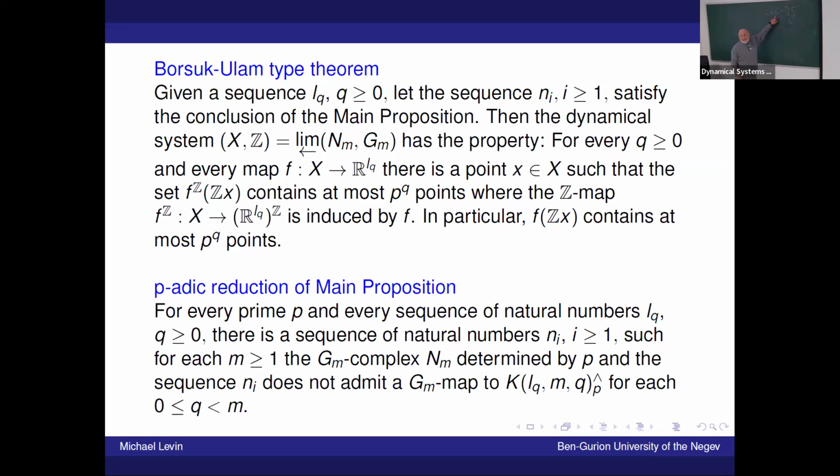I call it the product action. Okay, so if we take plus one, we have